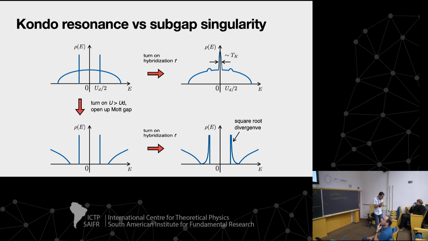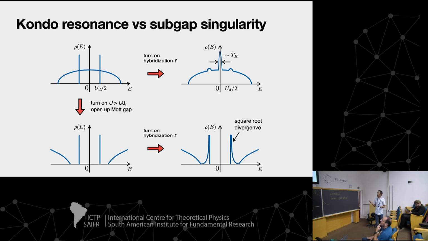So here is the cartoon picture for what I just told you. I want to contrast the usual Kondo resonance with the singularity that we're talking about here. So you can think like this. Say you start with a metal, like in the Anderson model, with some impurity levels, which are initially decoupled from the metal. If you turn on the hybridization, this coupling between the impurity and the conduction electrons, the sharp feature is the Kondo resonance with TK at the Fermi level.